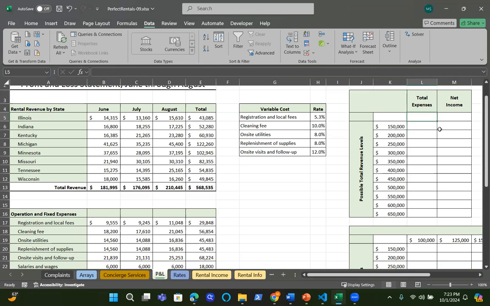Now, to create a one variable data table for the month of June, we're going to need to apply some data points or some values in these two cells. The goal here is we want to know what would be the total expense and the net income if the total revenue was $150,000. What would be the total expense and the net income if my revenue was $200,000 for